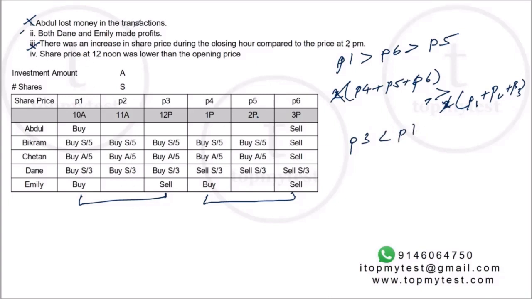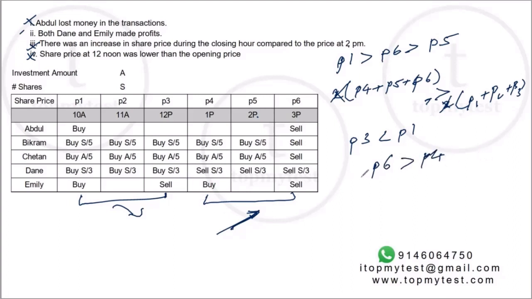Okay. Now this makes the first part and the second statement interesting. Second statement, for Emily to make a profit: Emily is going to make a loss here because she's buying at a higher price and selling at a lower price. Then she has to recover that loss here. Not only does she recover, she makes more, so as to make an overall profit also. Which means that definitely this is going to be a profit, and it's going to be a much higher profit than what you're going to make here. So I know P6 is bigger than P4 for sure.